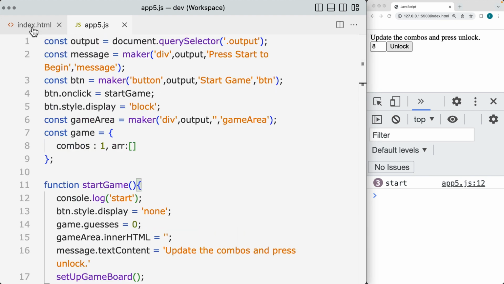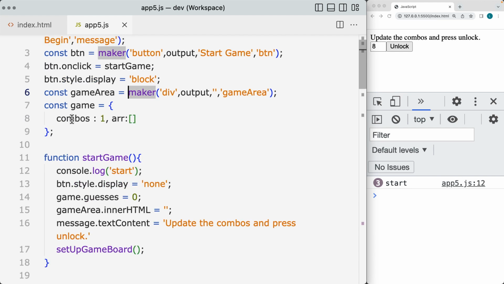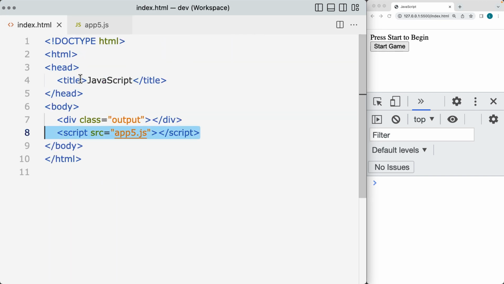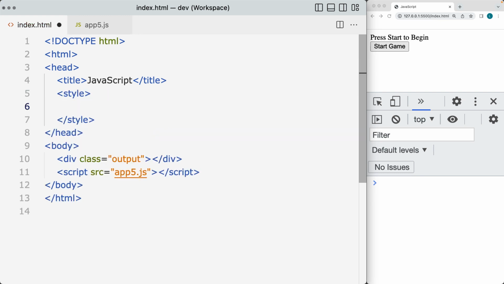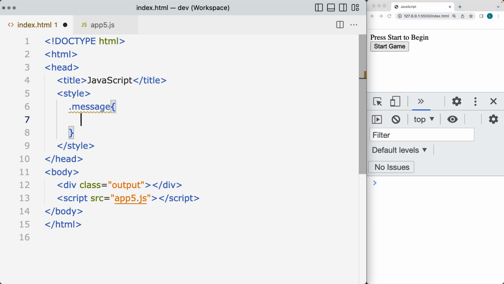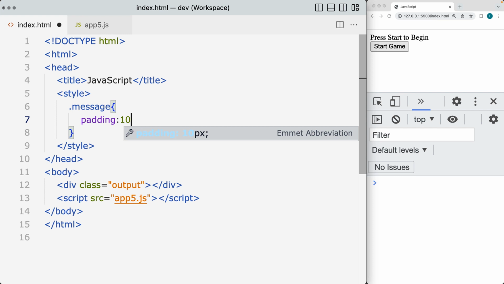And now we can apply some styling to make it look a little bit better. And I'll also update the number of combos, so set it to 4. And because we do have the classes within the message area, we can apply some styling. And this is up to you how you want the styling to look. So within the message, let's add a little bit of padding around it, 10